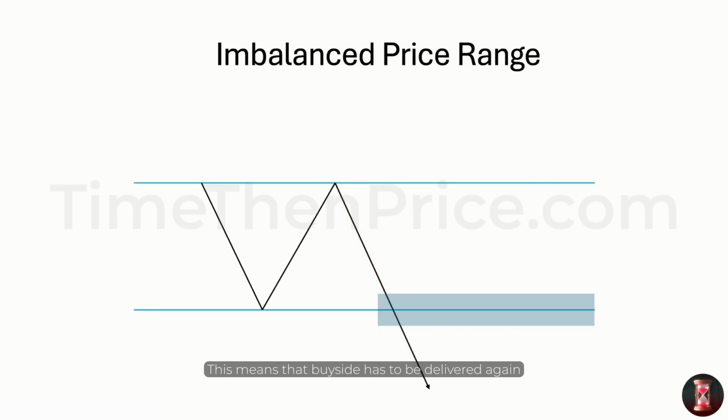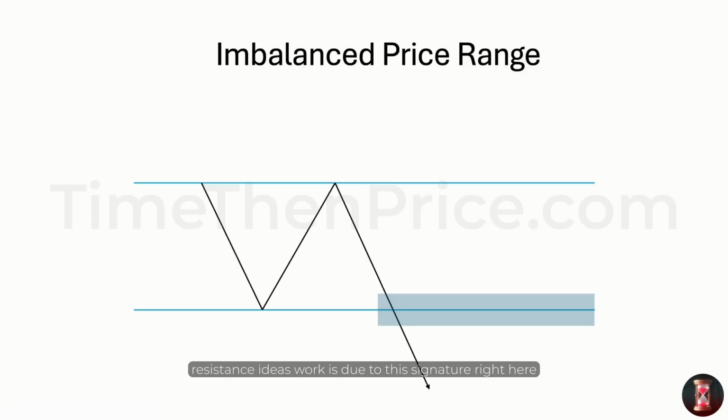This means that buy side has to be delivered again in order to make this overall price range balanced before the market is allowed to expand into the anticipated direction. Now you understand why retracements take place. And now for the people that come from a support and resistance trading style background, the reason why our support